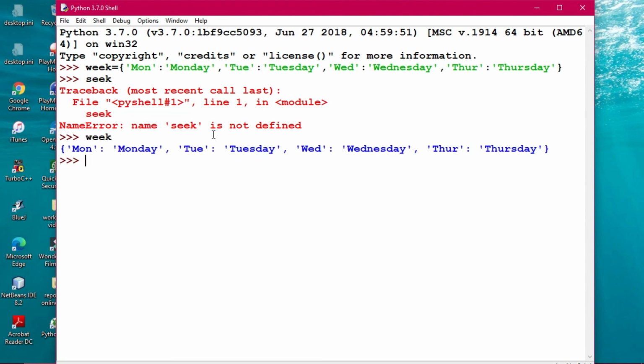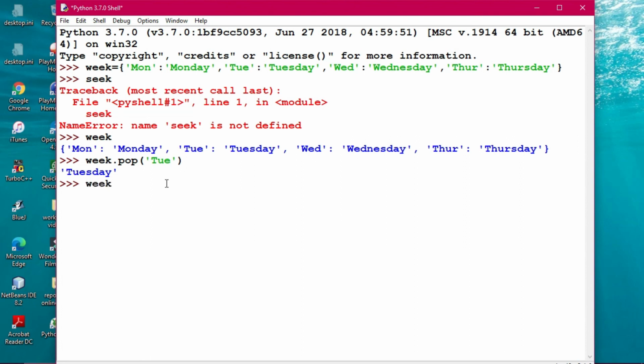Now you see the dict name. What is the dict name? Week. Week dot pop, and then you can see the key-value pair into it. What is the pop? Pop means you can give here, say Tuesday, and then simply enter. Tuesday has been deleted and it's been popped up also. That is the difference from the del command.